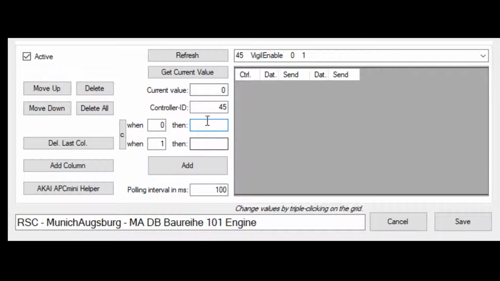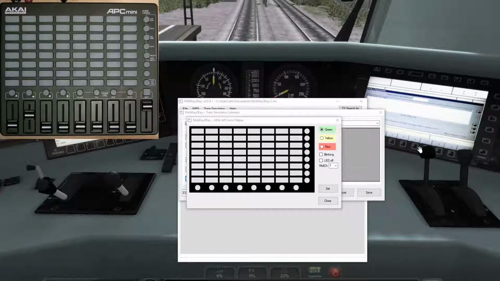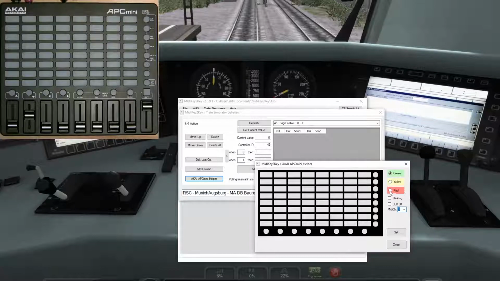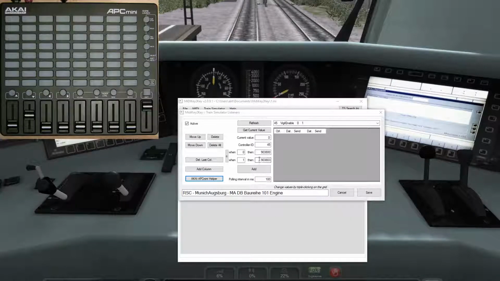First, we put in a default setup. Therefore, we take the APC helper and I'll switch over to desktop recording and just say in red, the very upper left, to on. And now it always sets in the upper window the 0 value, and in the second one the color you choose. And this is all the time. If you don't need this, you can delete one of them. But for now, we put this